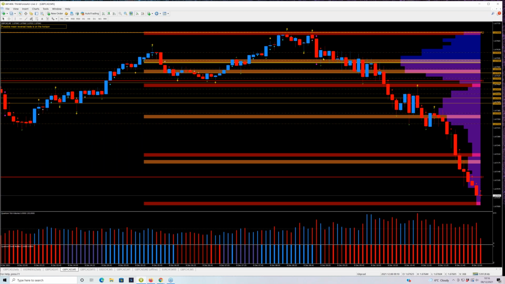Then it goes back to the volume point of control, a hugely important element of the chart structure, because the volume point of control is that area of the chart where you have a congestion, a consolidation, a pause point. And one of the things we were going to look at in more detail, and I mentioned it to David last week, was: is there a difference between consolidation and accumulation or distribution?